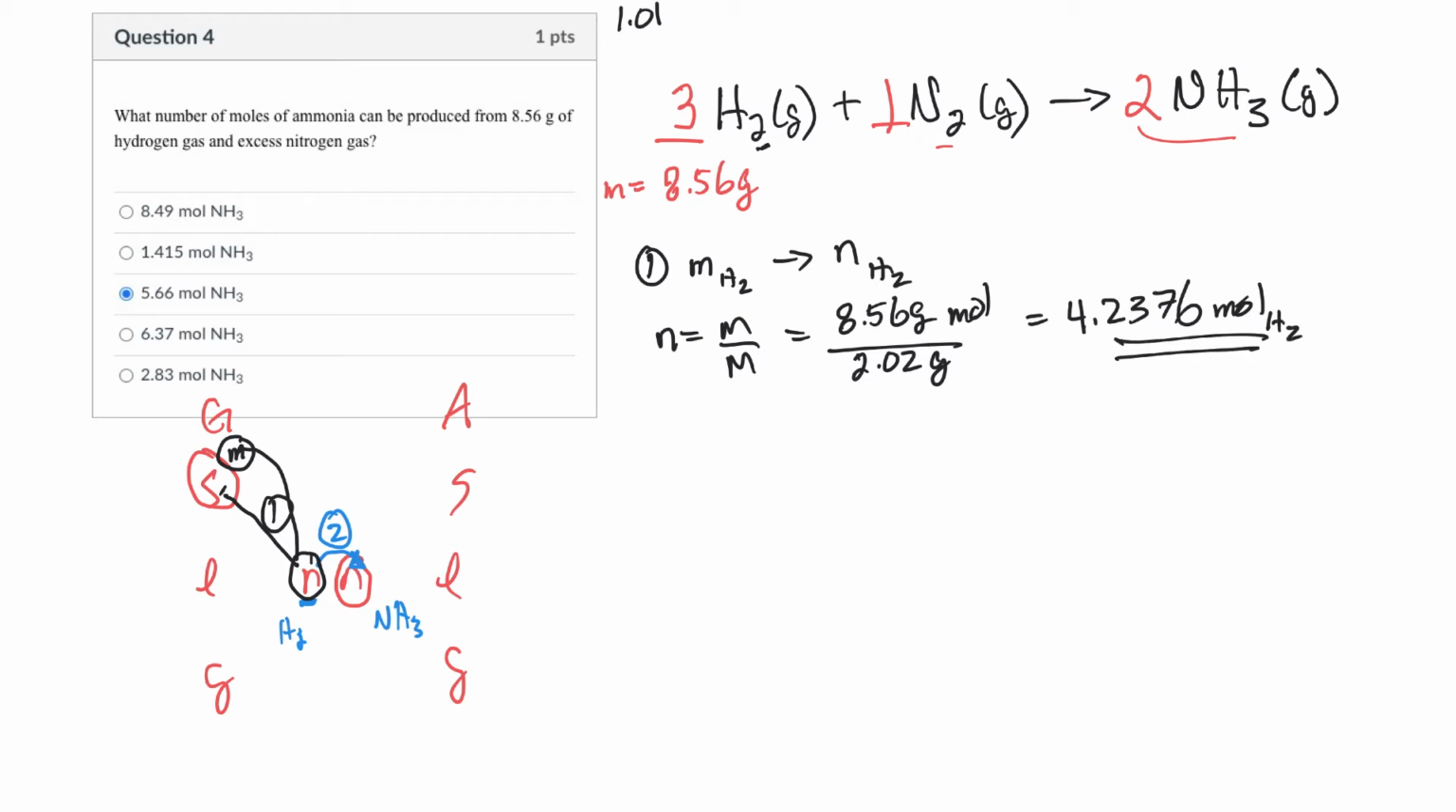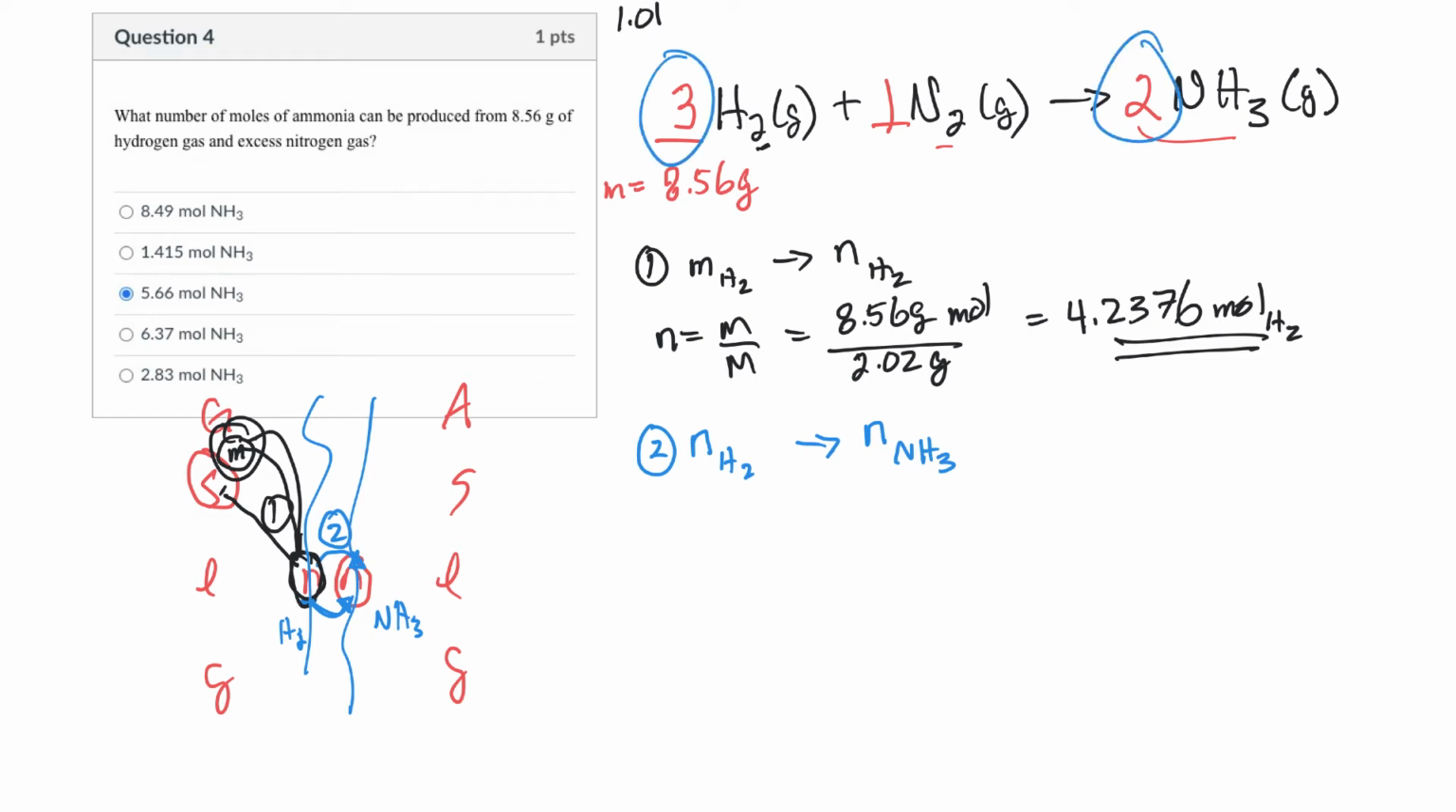Okay, so this thing here, I've gone from mass, and now I'm at moles right here. So now I need to get across the river, and to do that, you use the mole ratio. So to do step 2, I'm taking moles of hydrogen and converting those to moles of ammonia. Okay, and I'll use these mole ratios that I have in the balanced chemical equation. Notice once it's balanced, I don't need that one. So I have